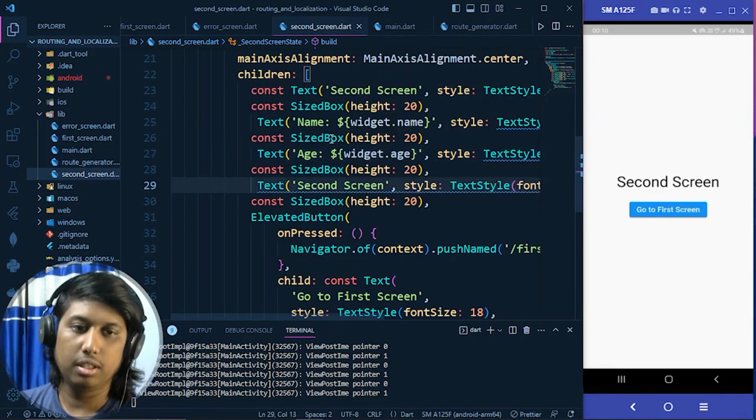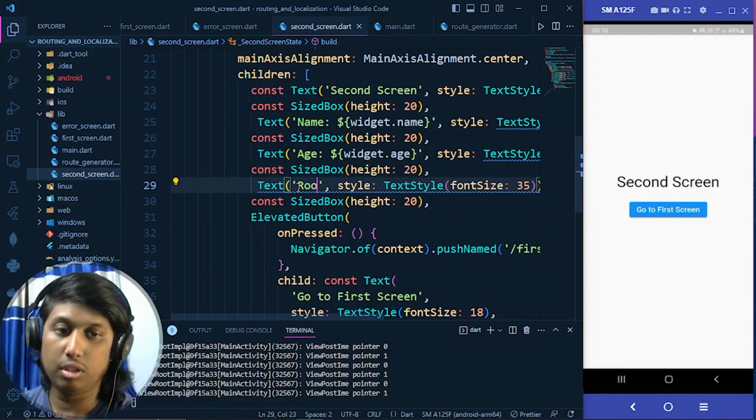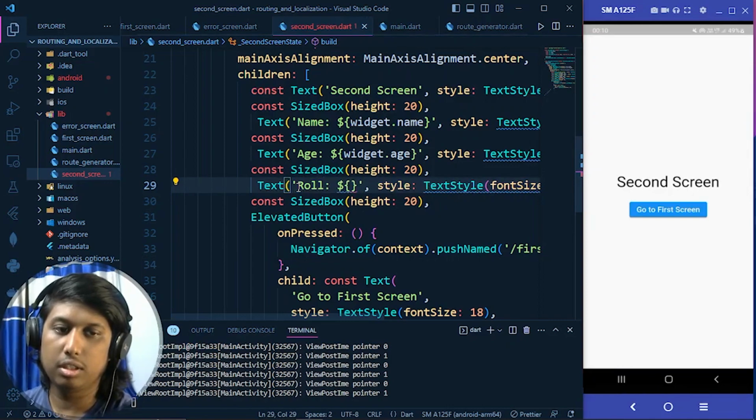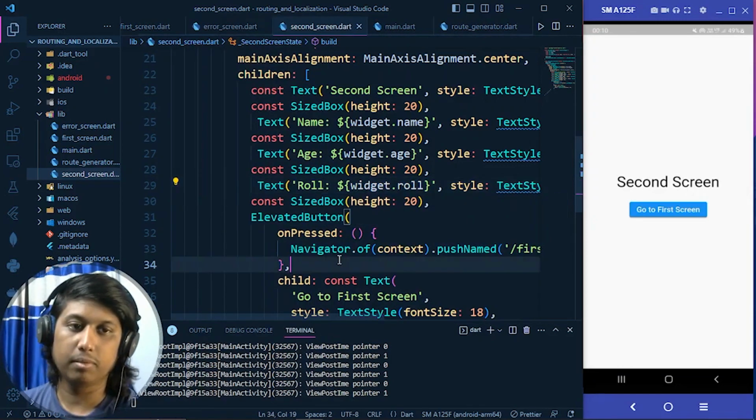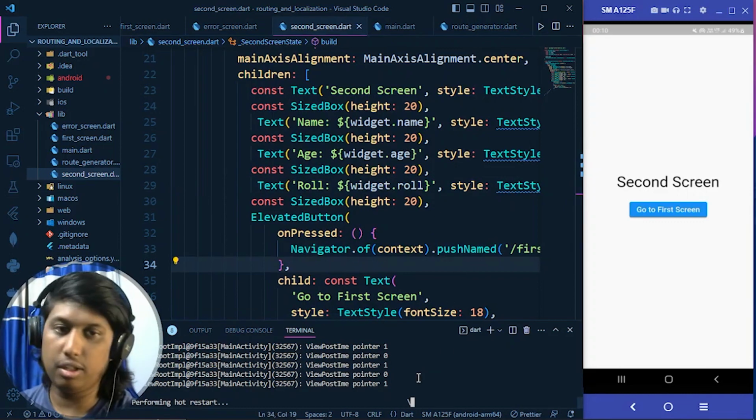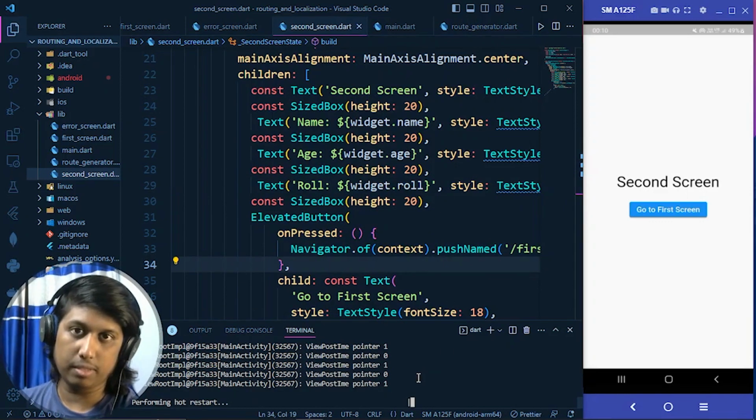Also remove that, and here write role and widget dot role. Now let's make a hot restart here so that we can start from the first screen